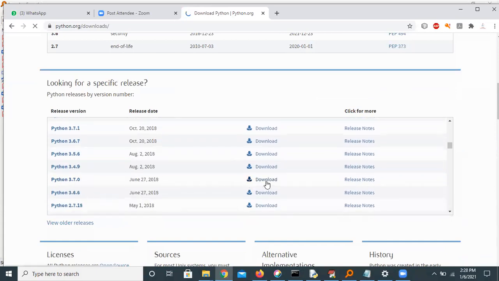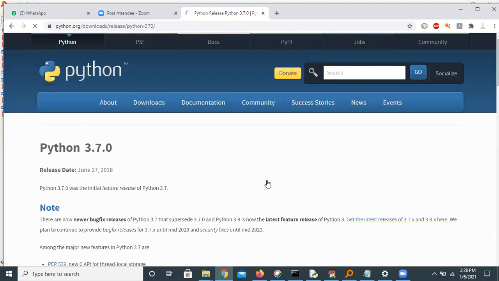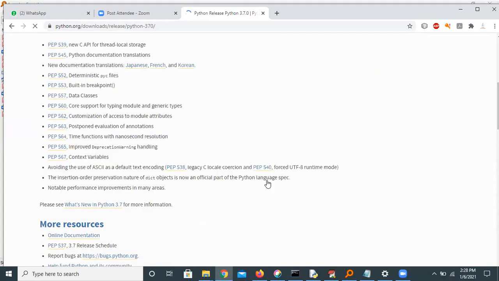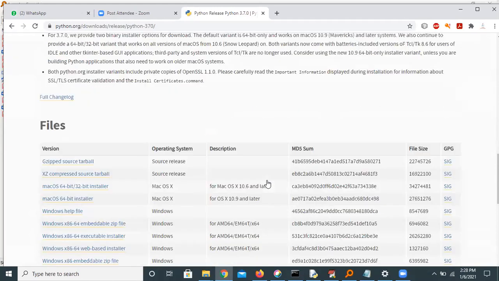Here, download depends on whether we are using Windows or some other system. Which version of Python you want, and which operating system we are using, are both important.